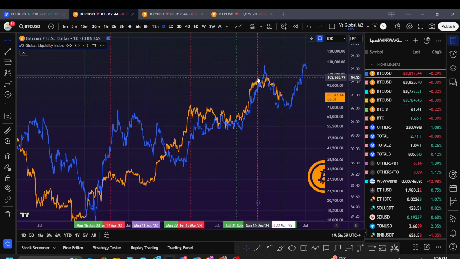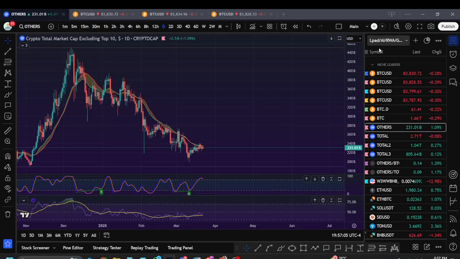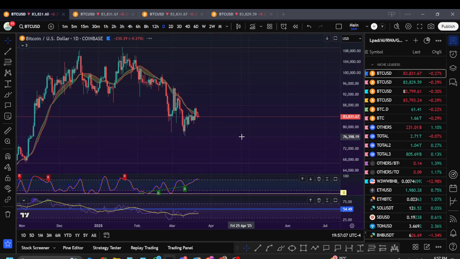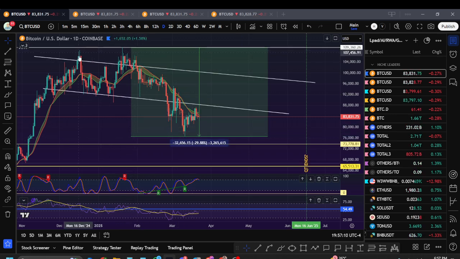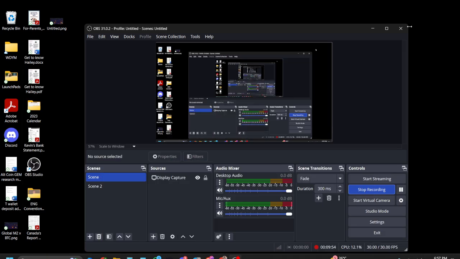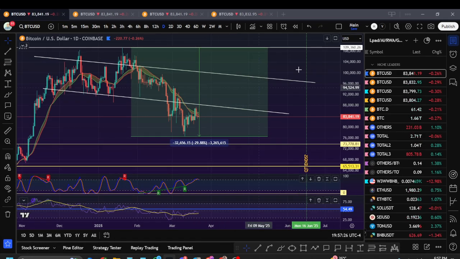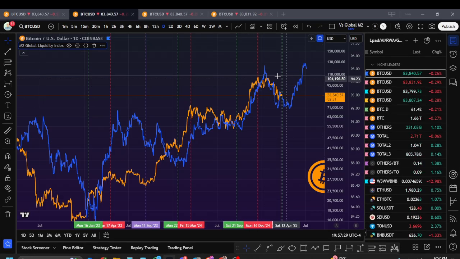Right? So this is the first peak, the second peak. Let me jump over here and see off this other chart. See, looking at this BTC over here, the second peak is the one that made it a little bit higher, just a hair higher, right? They both closed at about the same.